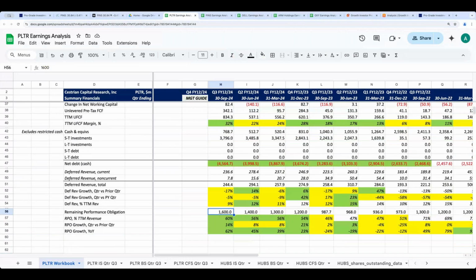Order book growth, really good. So order book stands at $1.6 billion now. That's RPO, growing 62% year on year. Company is a bit squirrely, in my opinion, about what it does and doesn't include in RPO. You can read that in the 10K and the 10Qs. But as an indicative basis, fact is that RPO is big, growing, a decent proportion of trailing 12-month revenue, and order book growth is accelerating. So I think on the fundamentals front, all good, really good.